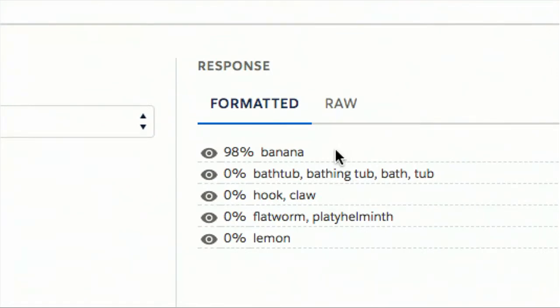And this looks pretty much like how we want to have it, right? So with 98%, this is banana. And this is a model that the Einstein team has just trained to detect a variety of services. Now think about your products that you may want to identify, right? And the output of this